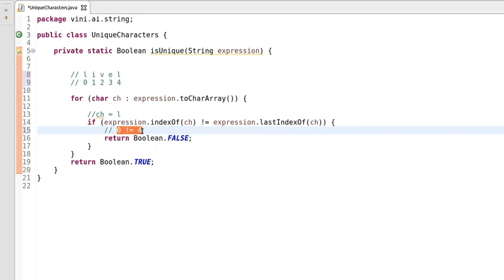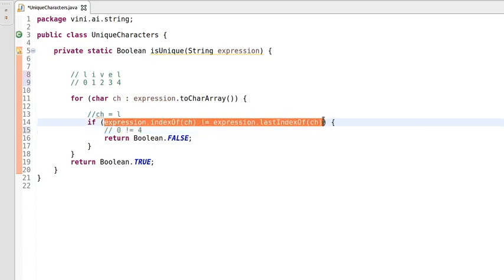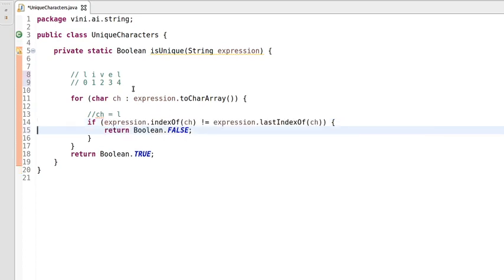Yes, it's not equal to 4 because we have two occurrences of this character L. We found a character which is not unique inside this string expression, so in that case we are returning false. If we have any character occurring more than once, this condition will be true and we will return false, saying it's not a unique set of characters inside the string expression. So this is the logic.